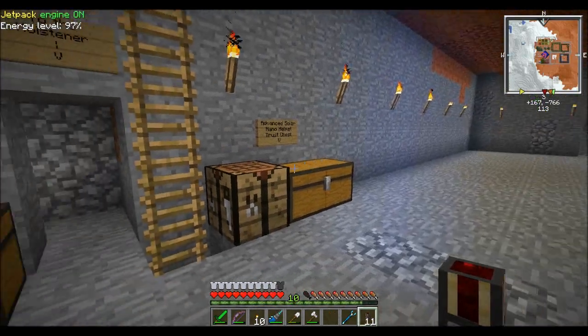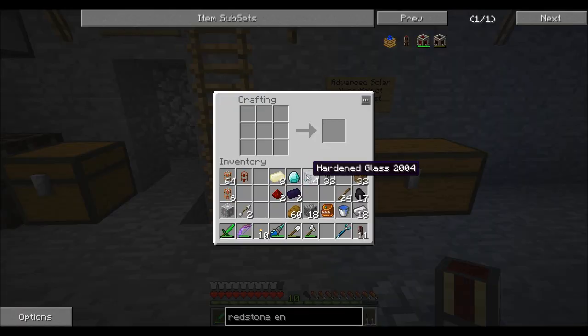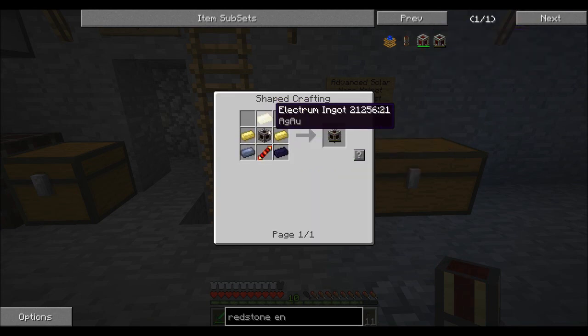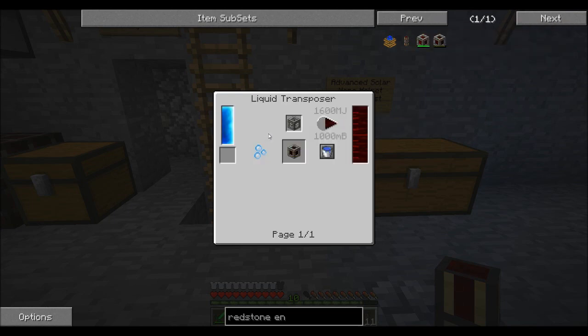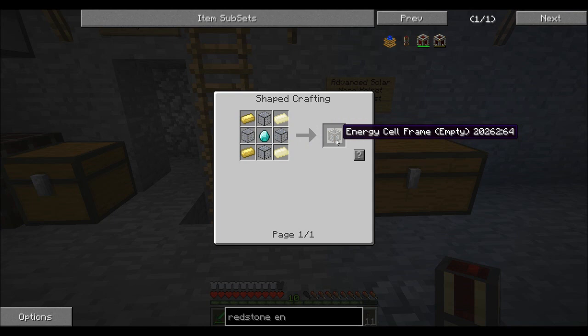Okay guys, now I'm back, so it's now time to make this redstone energy cell. So first off, we need to start by making the energy cell. So this is what we're going to make at the end of it essentially. And it takes electrum, lead, a redstone conductance coil, which is like a gold conductive coil, but it just uses electrum instead of a gold bar. And then we have to make one of these empty frame cells, fill it with redstone, and then yeah,